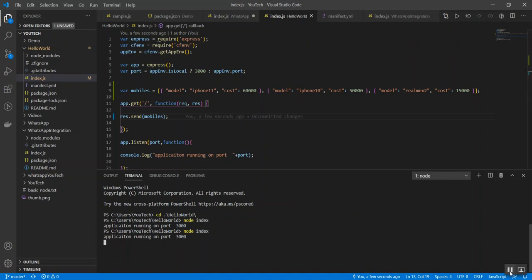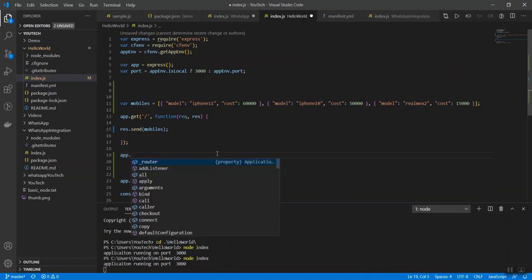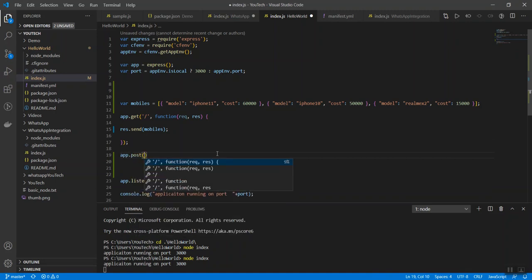So now I would like to show how to read a message from your WhatsApp account. Reading means it's sending data to our Node.js application. As I said before, when you have to read some message or any payload from a third-party application, we have to use the method called post. In the previous method, we used a get. This is sending data from the Node.js application, so we use a get. If you want to receive data from some third-party application, you have to use a post method.